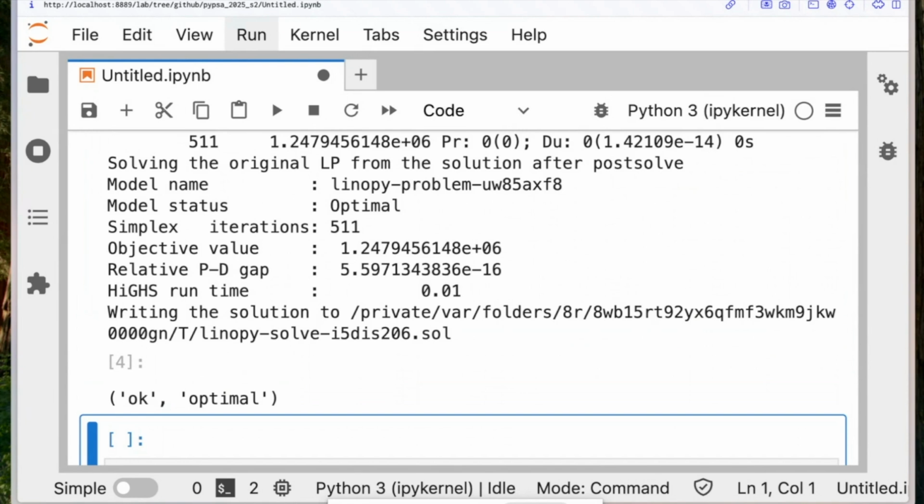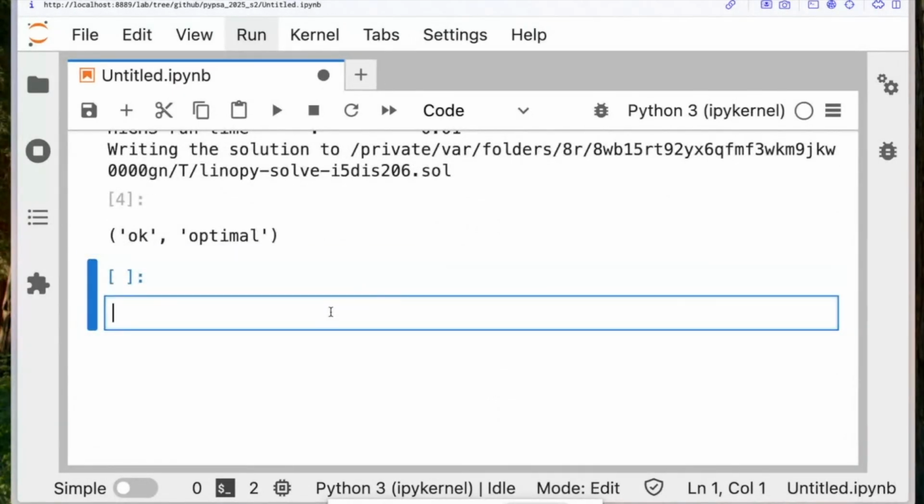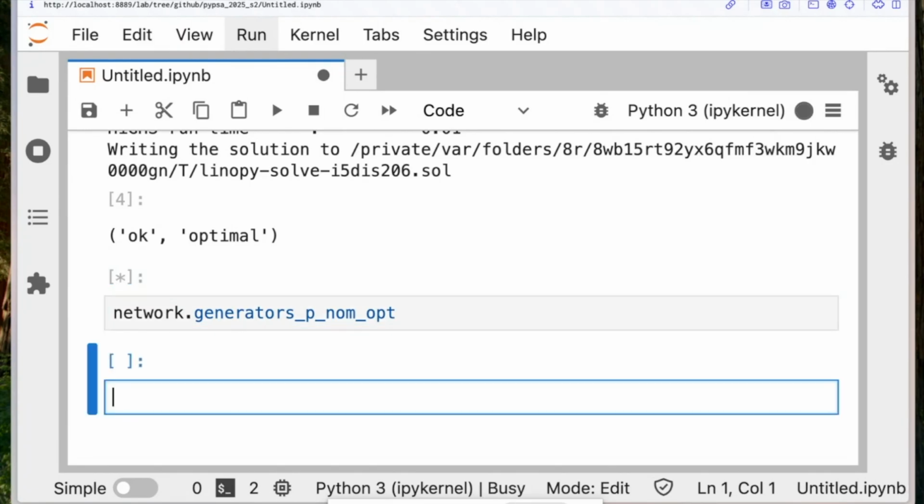This code basically gives you the capacity. It will give you the capacity, something like this: network generators, p_nom_opt. p_nom_opt is optimized p_nom, so optimized capacity. So we can just, if we type it,